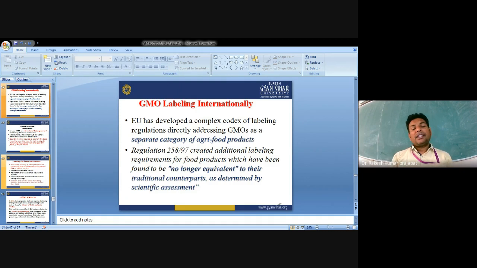It is easy to detect a GM ingredient in a product where it is the main ingredient, like tofu or popcorn. It would not be so easy to detect in a processed product like oil, sugar, and starch, which no longer contain any novel DNA or protein. On another note, much of the food bought and consumed in developing countries is not packaged and consequently not labeled. Examples are soybean milk from a street vendor or fresh fruit and vegetables from the market.